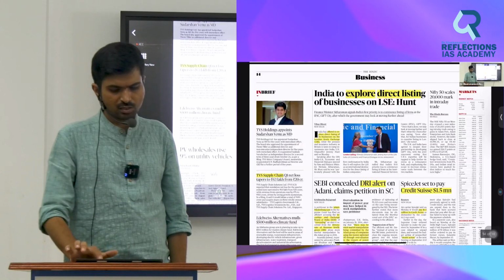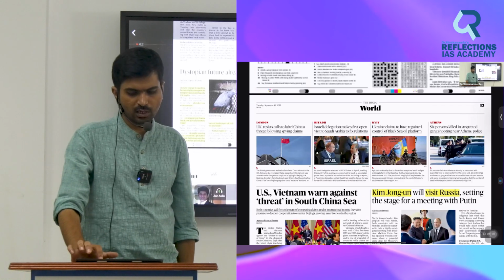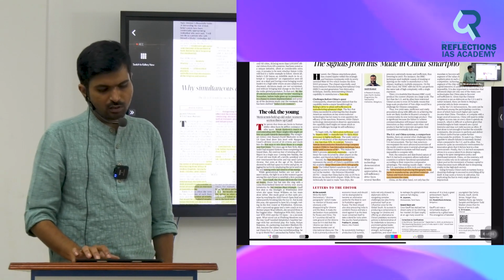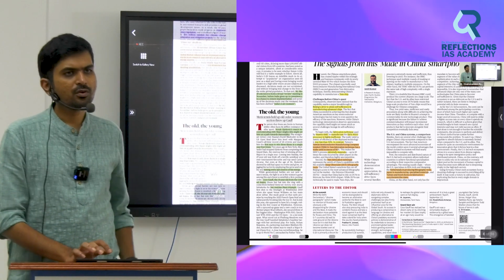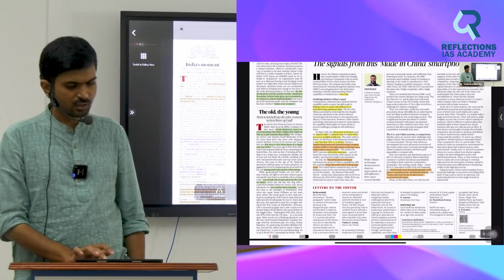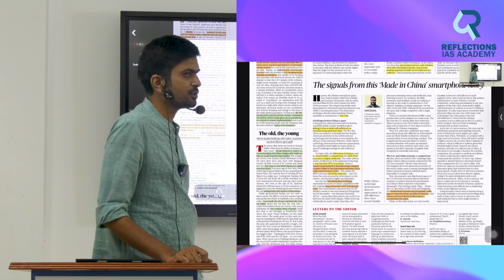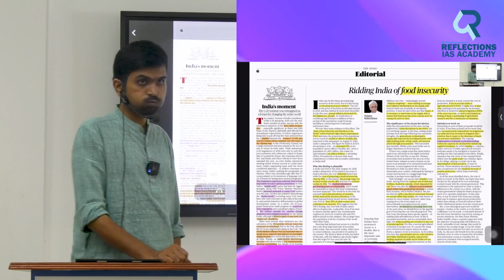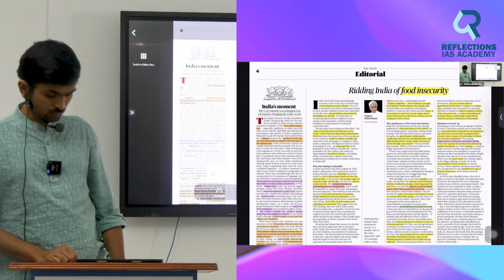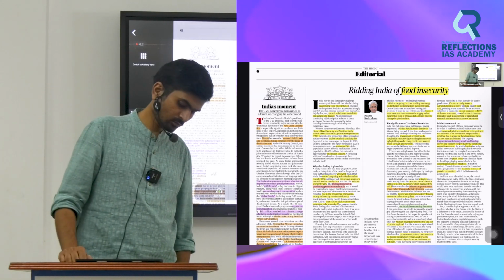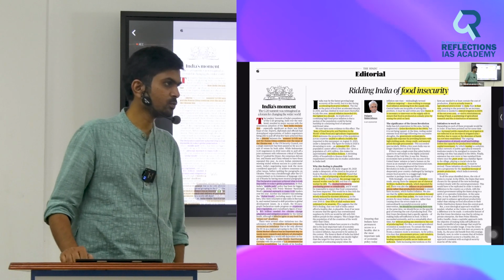So these are the major themes from today's Hindu. Luckily, not many articles are there, right? G20 article you can read on your own. Nothing new. Everything we have covered, and that's all. Any questions? Any confusions? Anything to talk to?